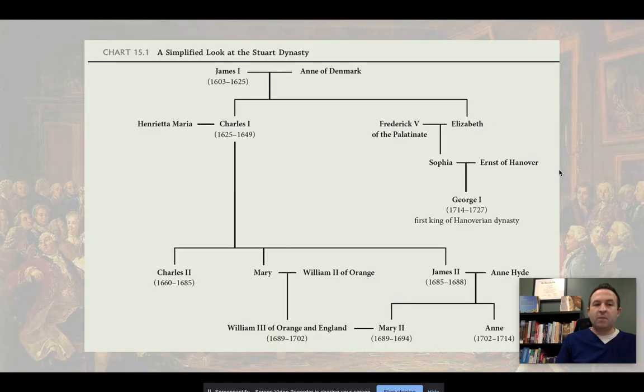and namely revolving around the power of the king. And the question became, could the King of England govern without the consent of Parliament? Or could they go against the wishes of Parliament? That's question number one. So can the king rule without consent, or can they go against the wishes of Parliament?